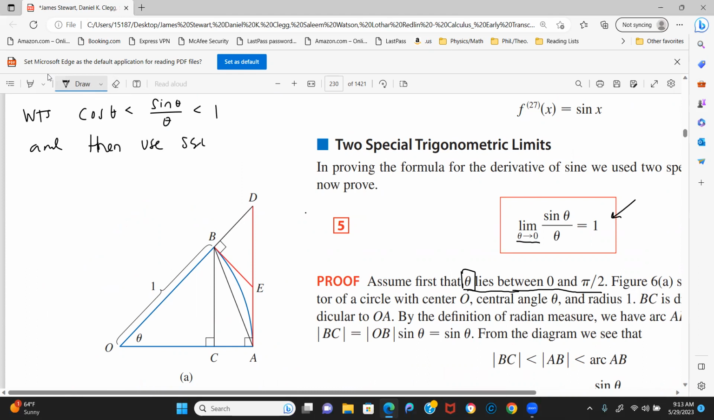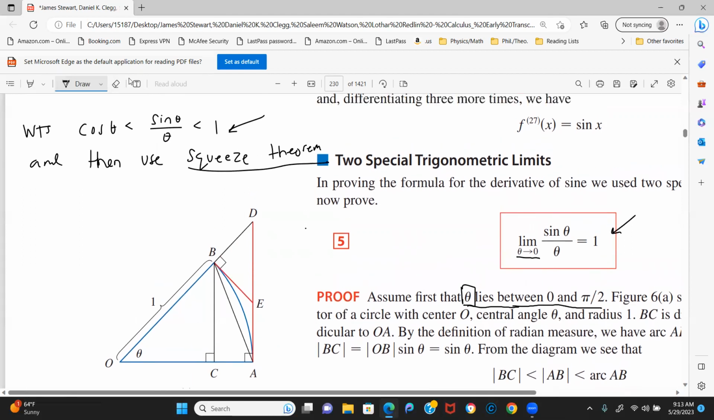use the squeeze theorem. So here's an important application of the squeeze theorem. It's kind of cool that you need to use the squeeze theorem to prove that sine and cosine are differentiable. So we're going to show that this inequality holds, and then use the squeeze theorem to do that. And once you get this inequality, you can see the squeeze theorem takes care of it,